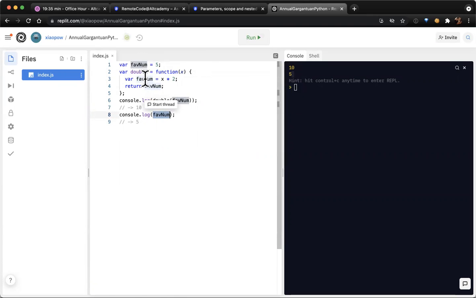We're creating a new faith num variable inside the double function. It lives inside. And if you didn't have the var, you'll get 10 because you're altering the global faith num. So the var keyword is extremely important.